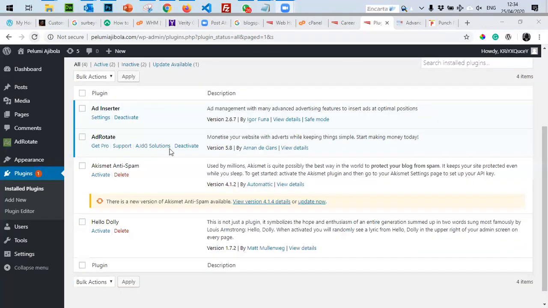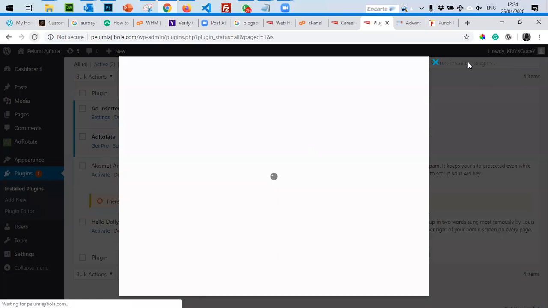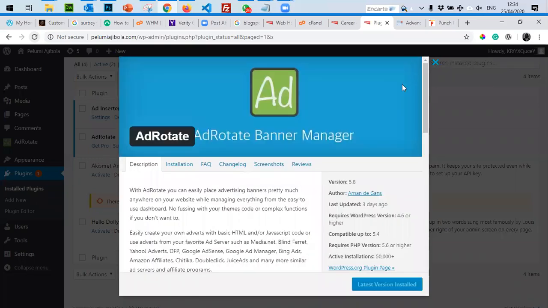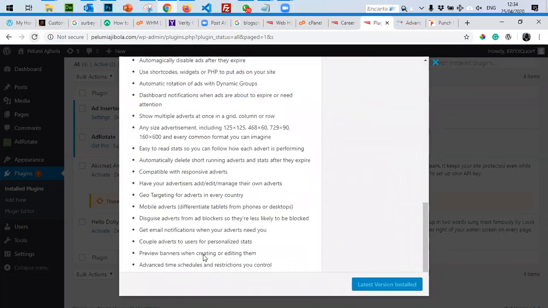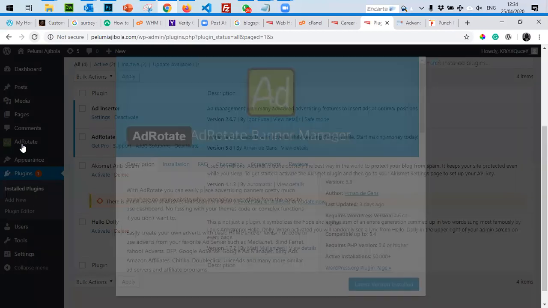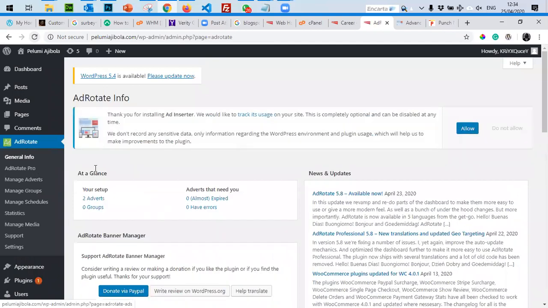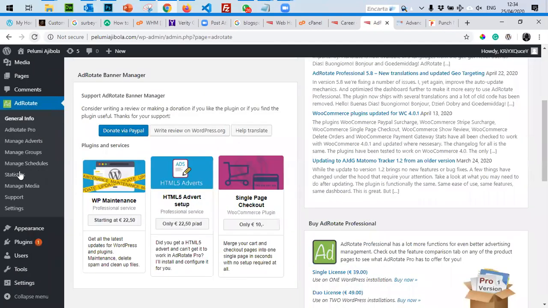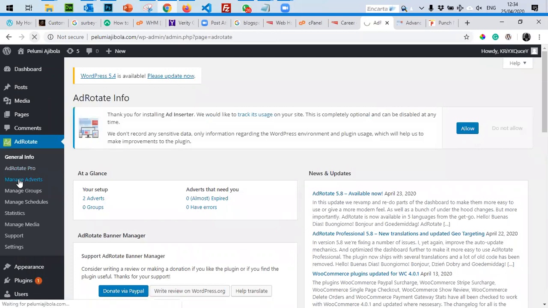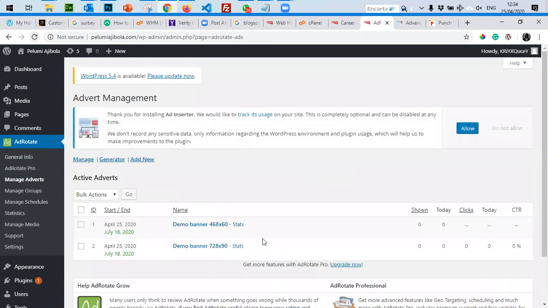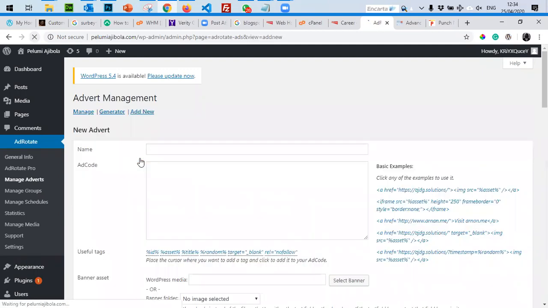And so this other one, they have the pro version and, okay, yeah, this is the one I've used before. So this is pretty much straightforward. If you come to Ad Rotator, what this does is it gives you the liberty to create your adverts here, manage adverts. Now these are adverts, maybe like dummy adverts that you have. So you can create a new advert.